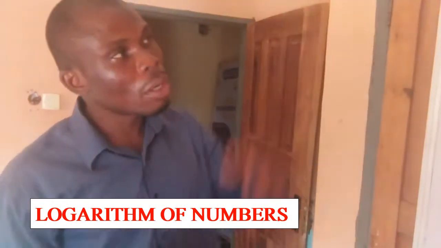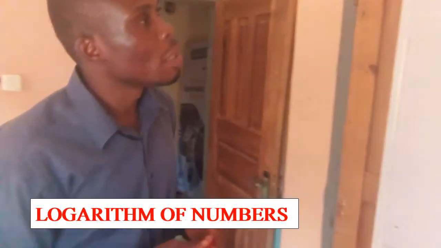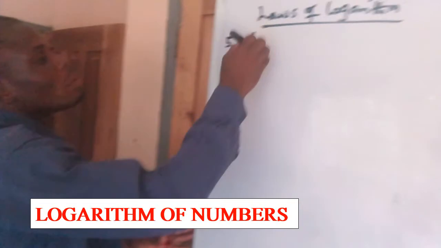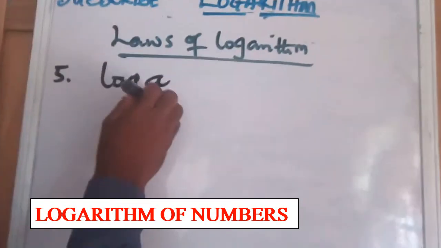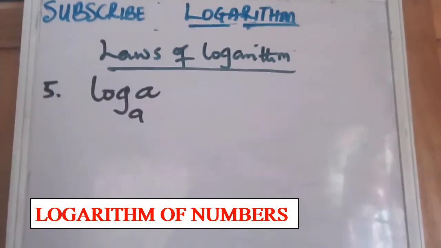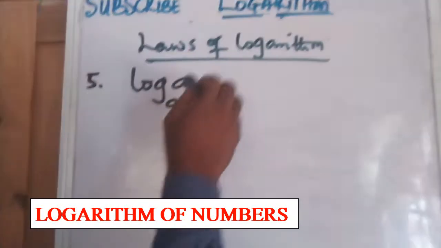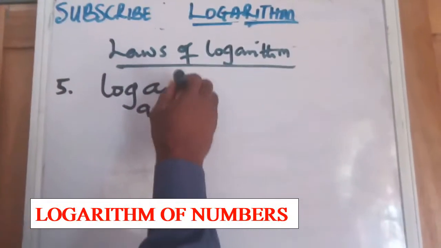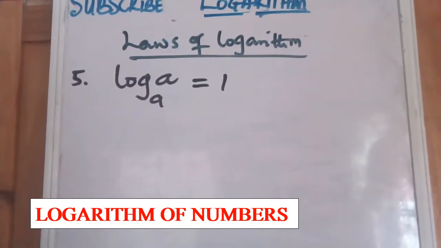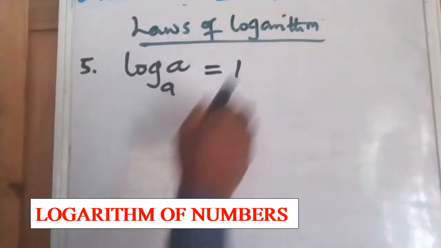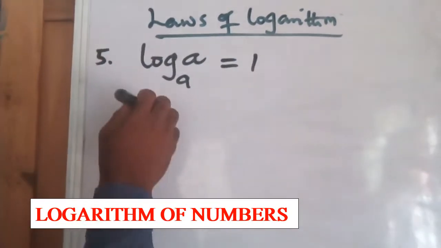So we are still talking about the laws of logarithm. If you have log of a to base a, this will give us equals to 1. Log of a to base a will give us 1, because